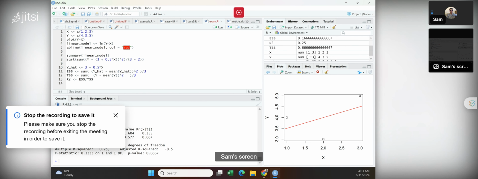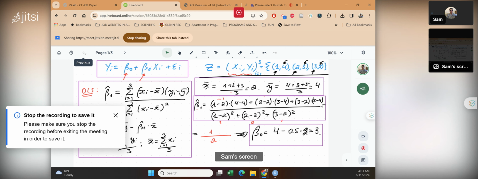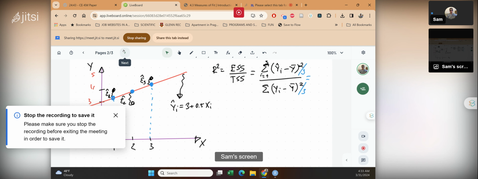I'm not going to ask you to calculate the standard errors, but you have to know how to calculate ESS, DSS, and the standard error of regression in a manual way. And you have to know how to derive beta 0 and beta 1 hats using the formulas. You have to memorize this. I mean, they are not that difficult. If you understand the intuition, there is nothing to memorize here. So you basically have to know these formulas: beta 1 hat, beta 0 hat,